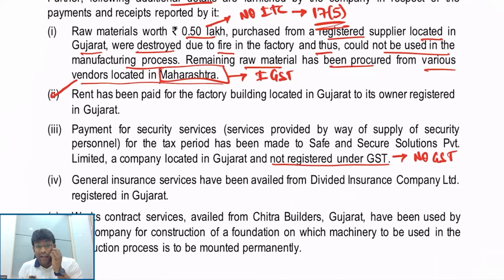And you can't even tell RCM will come into picture, because RCM will apply only and only when supplier is other than body corporate and receiver is a body corporate. Then